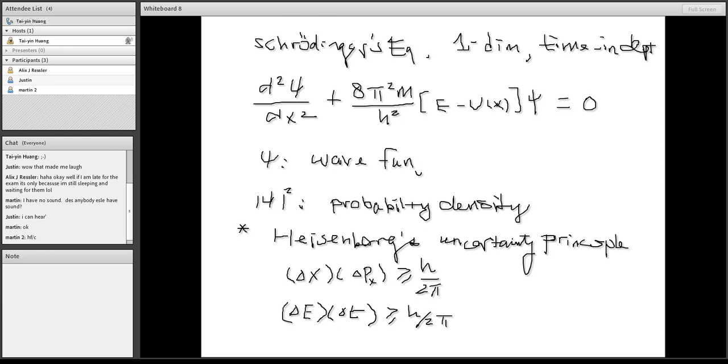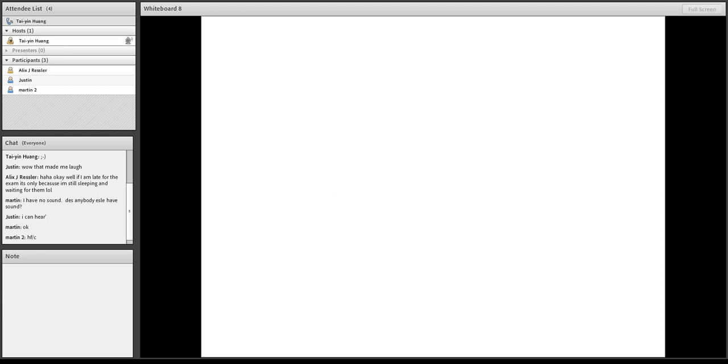And the last concept that we discussed in chapter 38 is the tunneling effect. So what is the tunneling effect? Tunneling effect basically is a quantum effect. It just means that there's a non-zero probability that the particle can appear on the other side of the barrier. Okay,